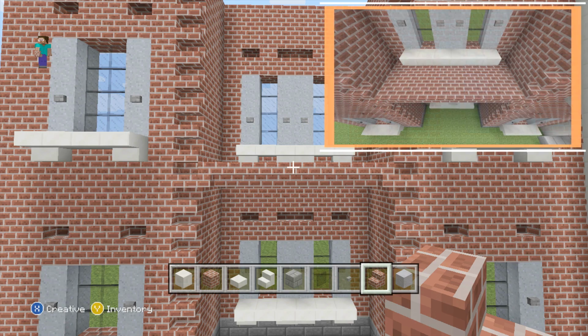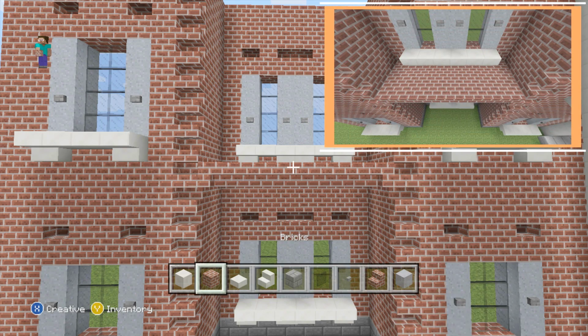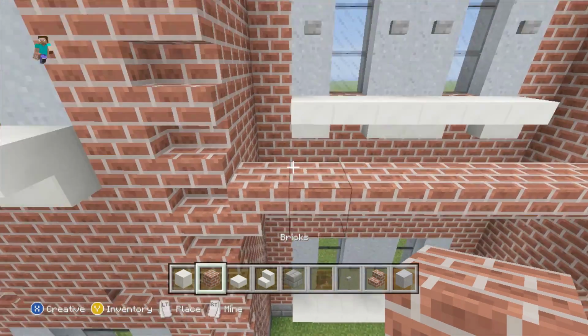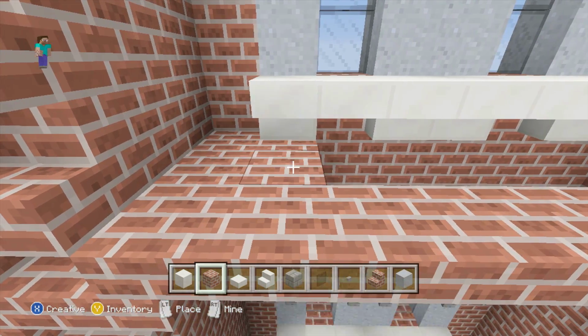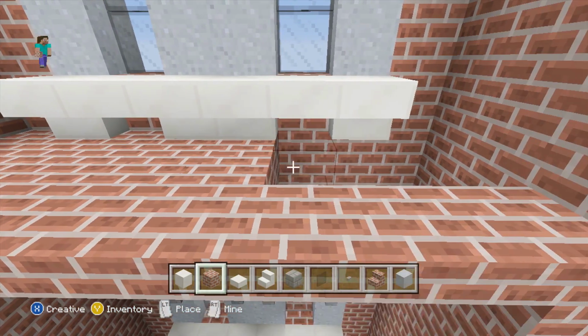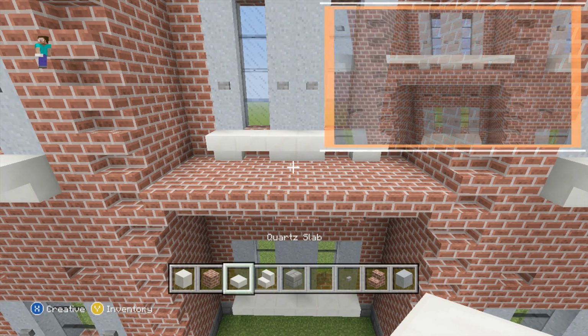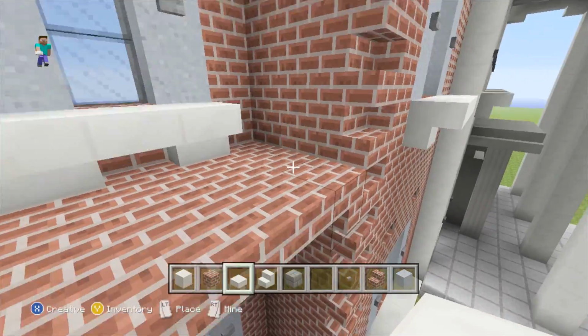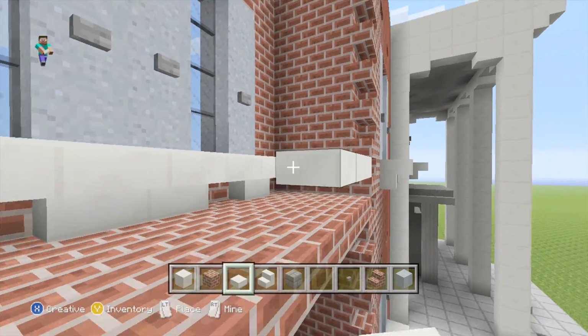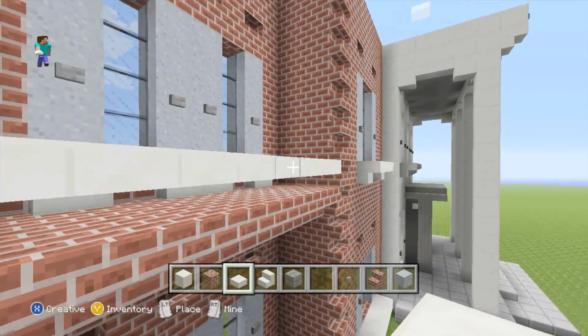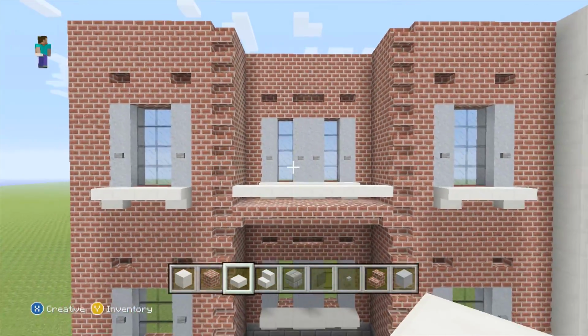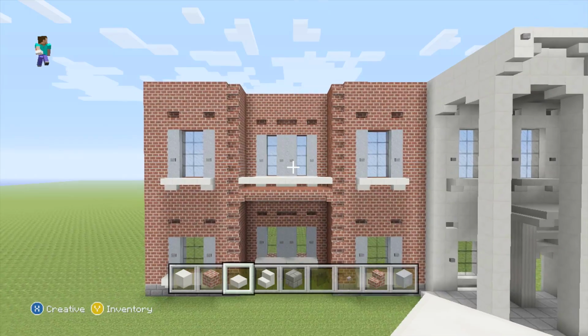Then once you've done that, just filling in all of the blocks behind it with your bricks again. And on the outside row, half block above our stairs here, what we're going to do is extend across our quartz slabs. And there you go, that was the last thing we need to do to finish up the whole of this